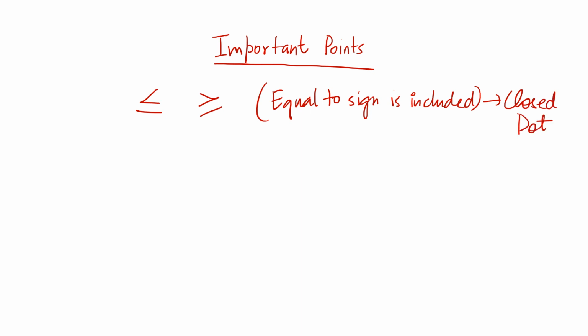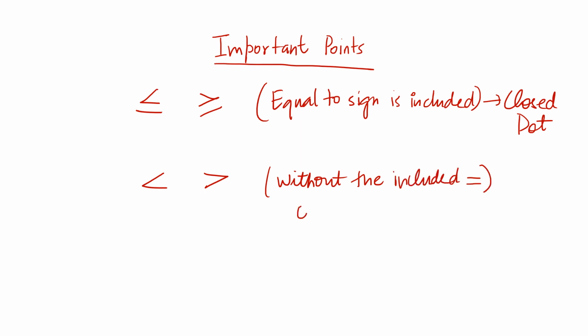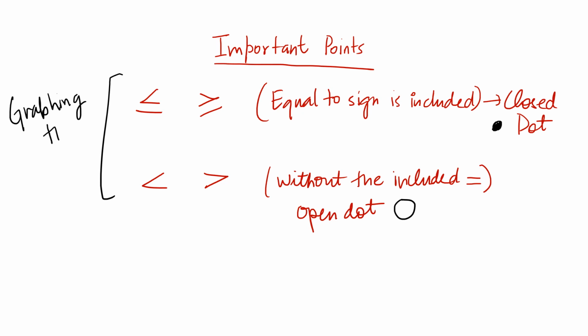If you have less than or greater than only, without the included equal to, if it is not there, then it will be an open dot. So how will it look on the number line? It will look like a closed dot like this and an open dot like this, like an open circle. So this is very important, and these points you will use while graphing the